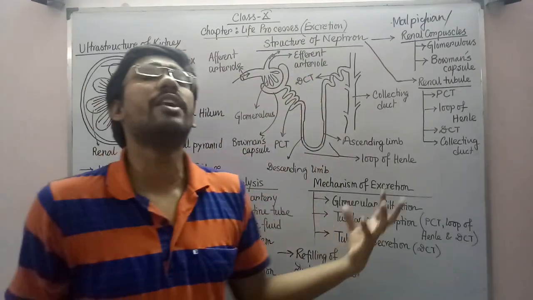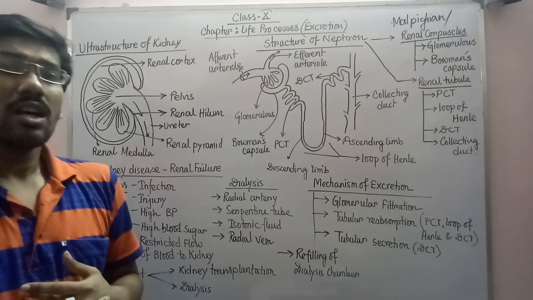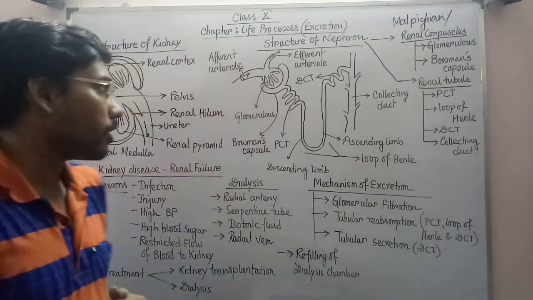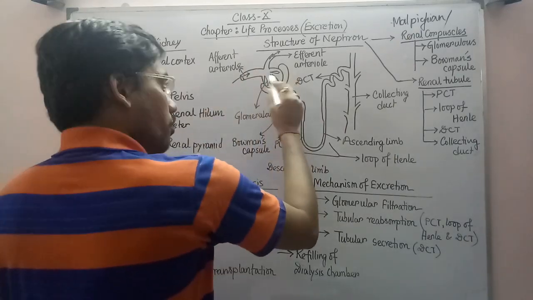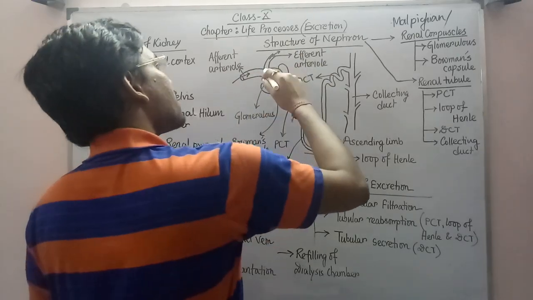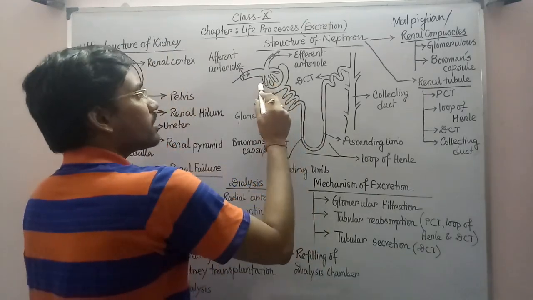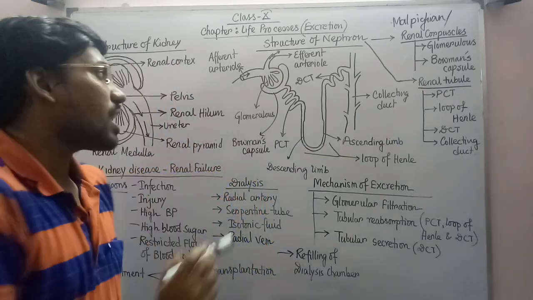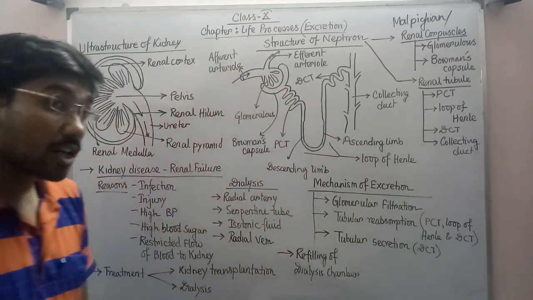So the pure blood comes out through the efferent arteriole. Efferent arterioles from many nephrons accumulate and form the renal vein, which comes out of the kidney carrying the pure blood. So the afferent arteriole brings the impure blood into the glomerulus, where the filtration happens, and then the pure blood moves out through the efferent arteriole. The toxic substances and impurities pass into the next cup-shaped portion, which holds the glomerulus, the mass of blood vessels, and is known as Bowman's capsule. So I think these two portions, glomerulus and Bowman's capsule, are clear to everyone.